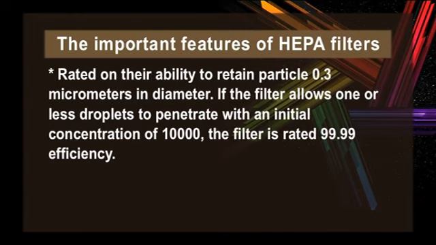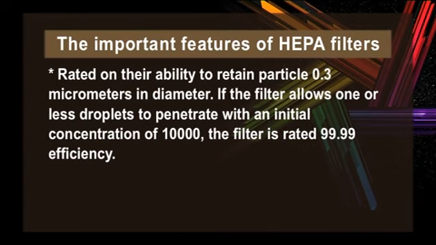Filters are rated on their ability to retain particles 0.3 micrometers in diameter. If the filter allows one or fewer droplets to penetrate from an initial concentration of 10,000, the filter is rated